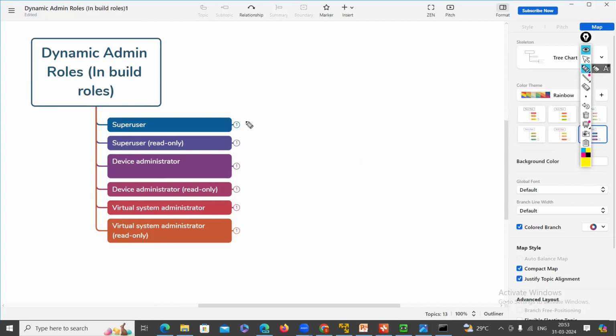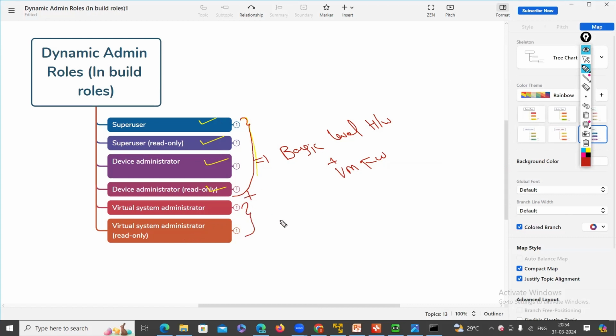Come back to the session. Super user, super user read only, device administrator, device administrator read only. These four admin roles are inbuilt privileges you can utilize when you have basic level hardware. And then for VM series, virtual machine firewall, Palo Alto firewall, the virtual system administrator and virtual system administrator read only, these two roles plus the above four roles you can see